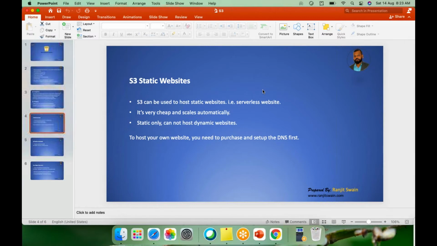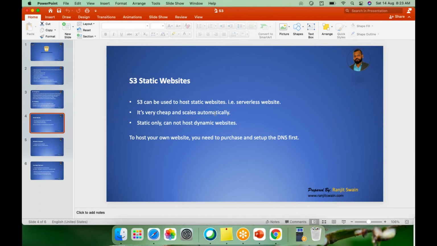Okay, so S3 can be used to host a static website, that is a serverless website. Like my website, ranjitswain.com, if you see, I have hosted that in S3. I'll show you today. And it's very cheap and scales automatically.